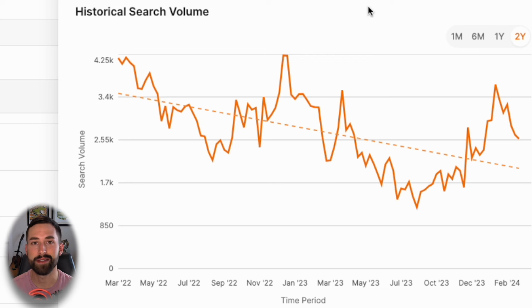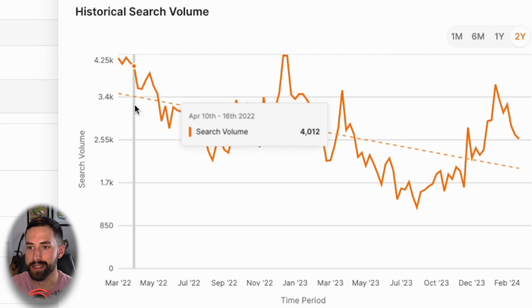The reason this is useful is that if you're looking at the search volume trend over the past 2 years, you can see a lot of spikes, ups and downs, and it's a little confusing to the naked eye to understand: is this trending upward? Is this trending downward? Is this a good trend? I'm not quite sure. So Jungle Scout eliminates that opinion and bias and shows you exactly what the moving